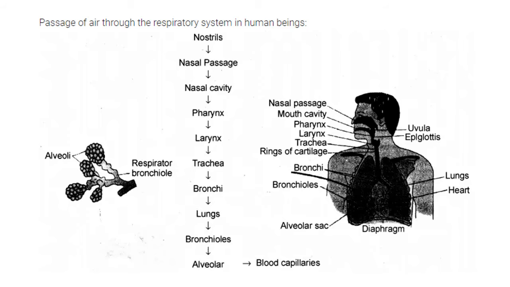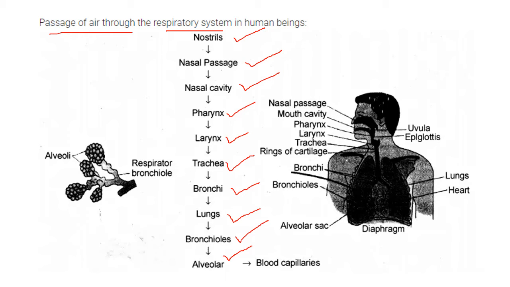How does the movement occur, the passage of air through the respiratory system? Which parts are involved in the respiratory system? First one is the nostril, that is your nose. Inside there is a tube-like structure called the nasal passage, then nasal cavity, then pharynx, then larynx, trachea, bronchi, which lead into the lungs. Inside the lungs are the bronchioles, then the alveolar sacs or alveoli, and these are connected to the blood capillaries, and through these blood capillaries we get oxygen